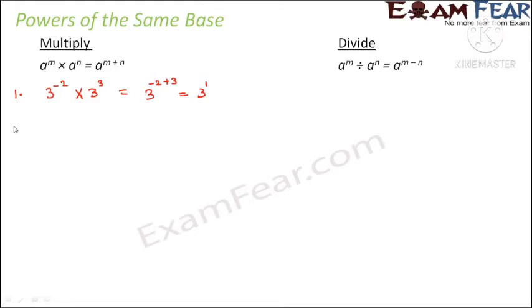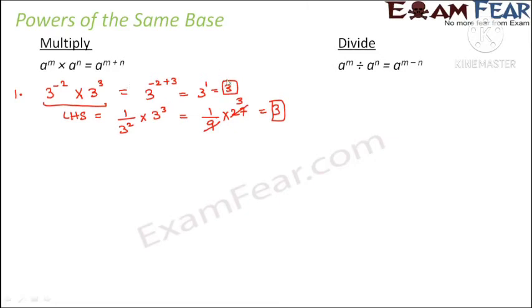Now let's take one more example. If you want, you can verify this as well. If you look at the left hand side, it is equal to 1 by 3 to the power 2, into 3 to the power 3. So this becomes equal to 1 by 9 into 27. So 9 into 3 is 27. So this is 3. Left hand side is 3 and right hand side is also 3 as per the formula, as per this law of exponents. So this proves that the law of exponents holds true.